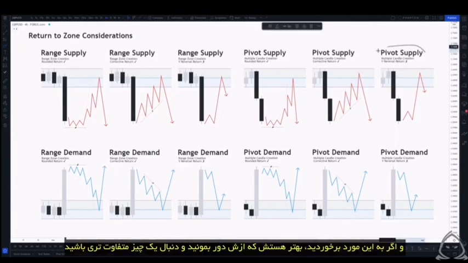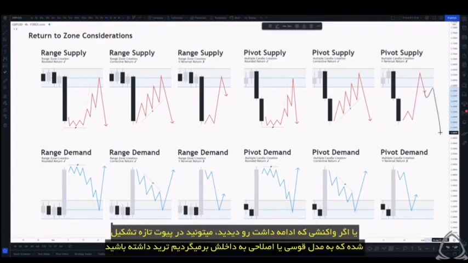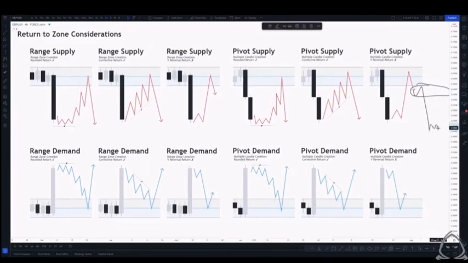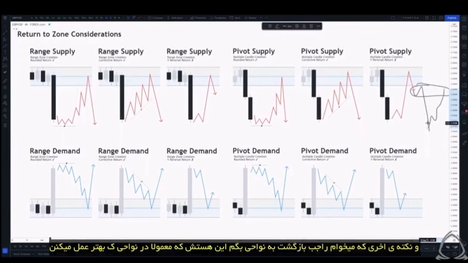And if you do tend to find this, it's better to stay out of the trade and look for something a little bit differently. Or if you do get some sort of reaction that does follow through, you might be able to trade a newly created pivot that has maybe a better return into it, a rounded return or a corrective return. And one final thing that I wanted to touch on in regards to return to zone considerations,